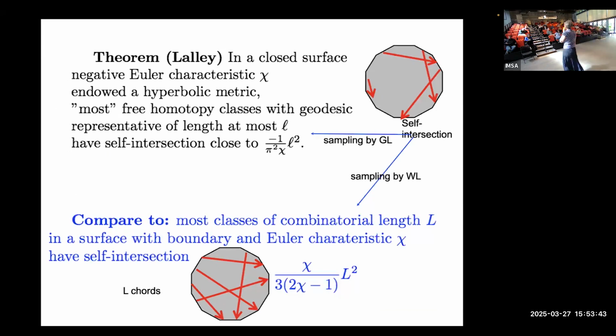I like the comparison. I always like to compare the geometric world and the combinatorial world, and what happens. So, still earlier now we proved that, when we have L, the word length, large enough, most intersections are close to L squared times a certain constant. And on the other hand,